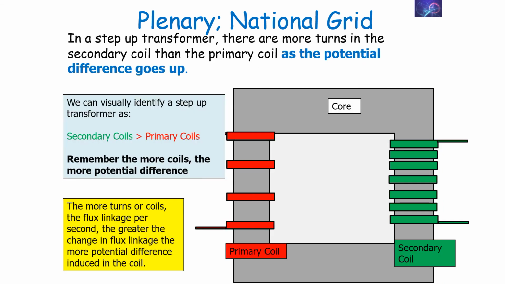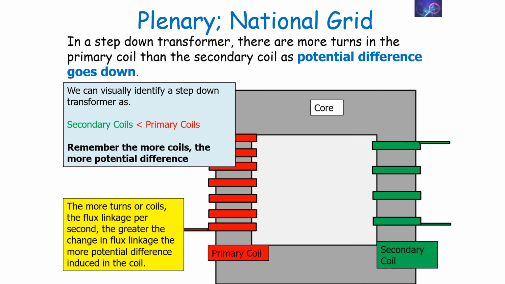Now we also note the following, that in a step-up transformer there are more turns in the secondary coil than the primary coil, so the potential difference goes up. Now we can visualize a step-up transformer as the number of secondary coils is greater than the number of primary coils, because remember, the more coils, the more potential difference, because the more turns or coils, the flux linkage per second will be greater, so there's a greater change in flux linkage,